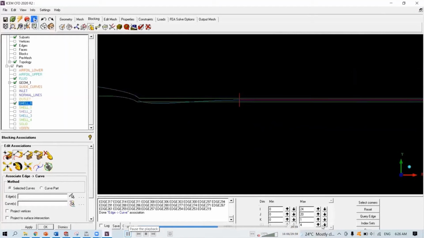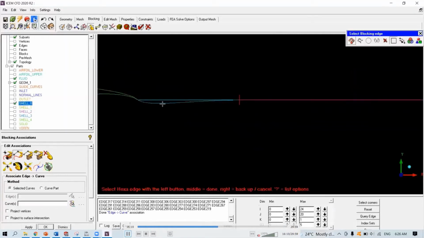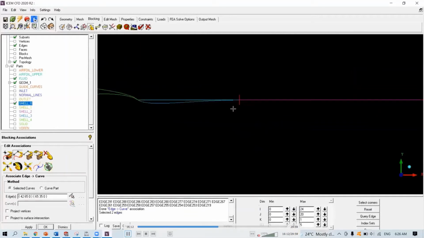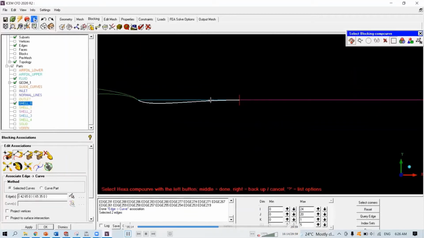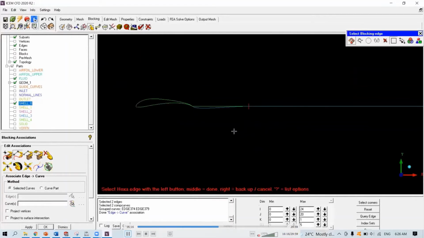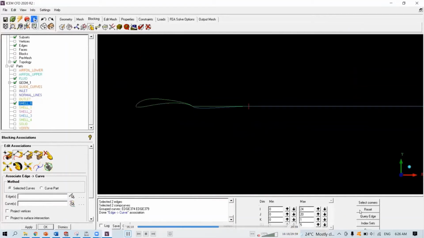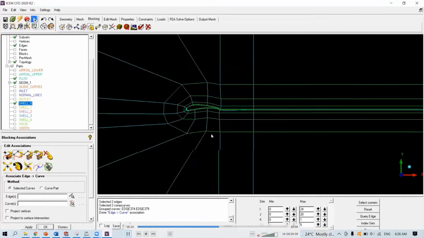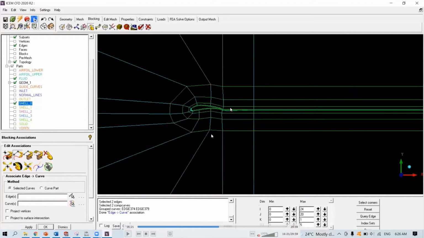Finally for shell 0, I can just reset. Notice that everything which has been associated is turned green except for the blue ones here.